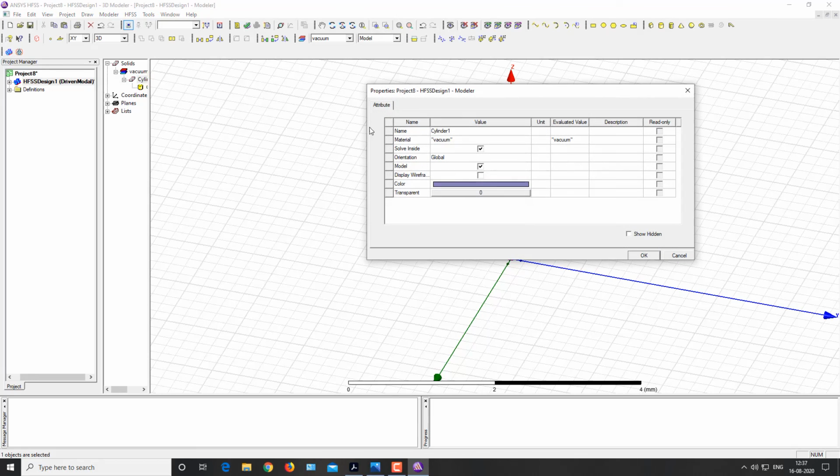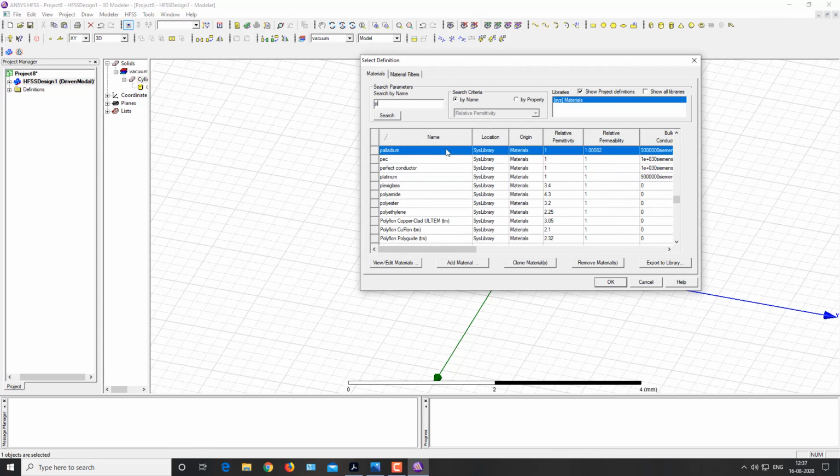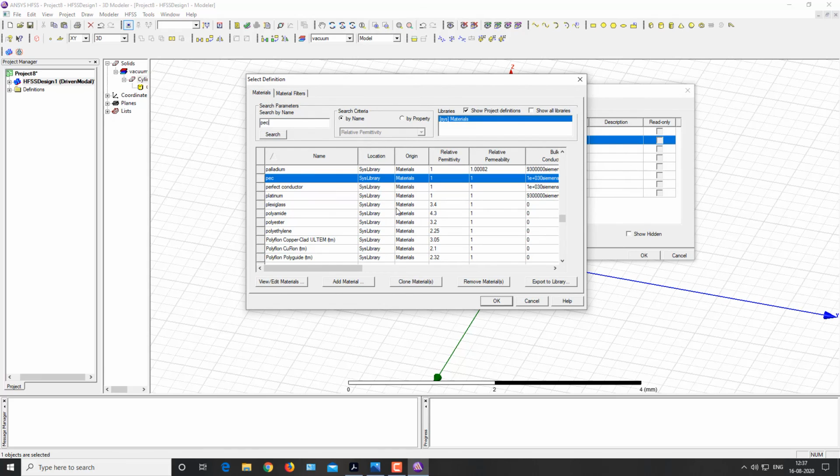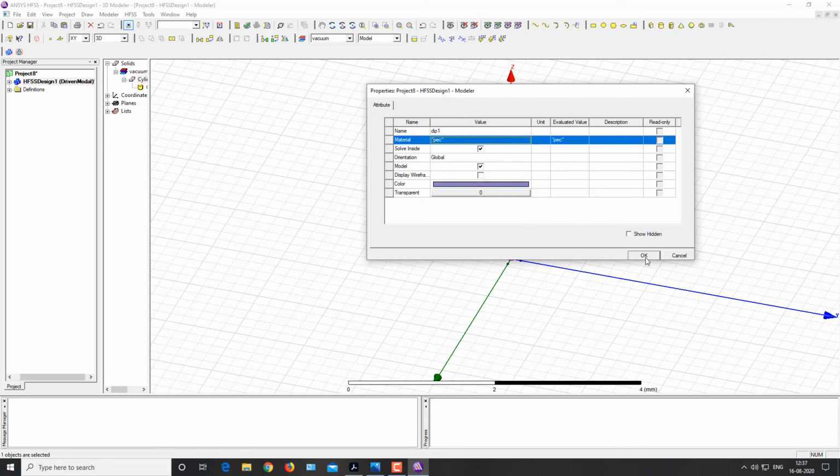Before this, we can change the name of this object to dipole. Now we have to assign the material as perfect electric conductor, because the elements of the dipole are conductors. Select PEC and click on OK. Again click on OK. You can change the color from here, and transparency also.